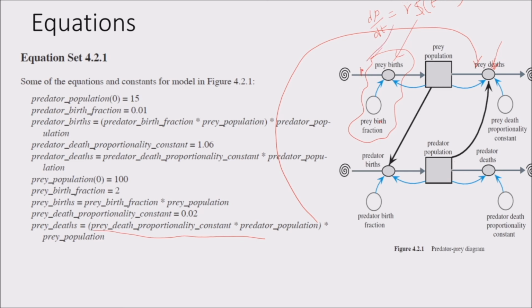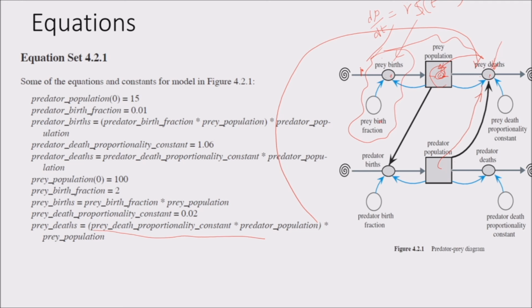So that's why I just wrote it up there. Births minus deaths equal this guy, so that's why it's in the middle, births minus deaths right here. There's a death rate and then the birth rate. The difference of these will be the population in the middle. And of course, the deaths of this are affected by the population of the other, so that's why this arrow is going right here.